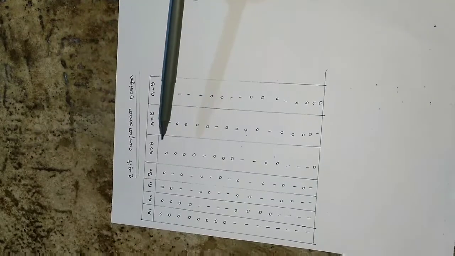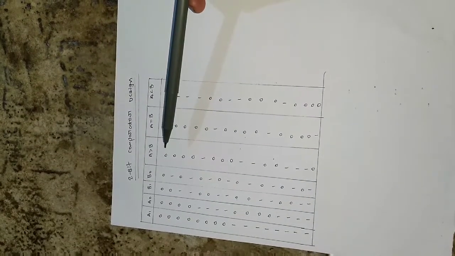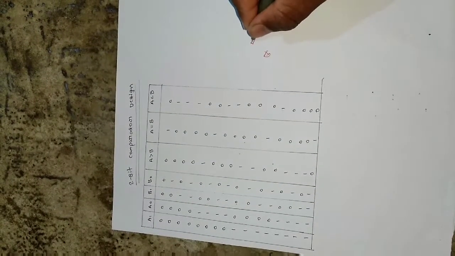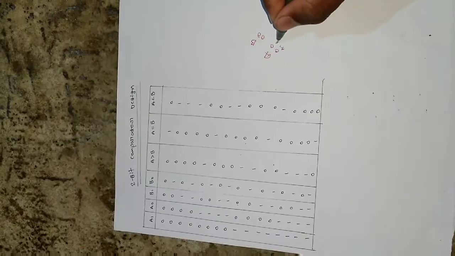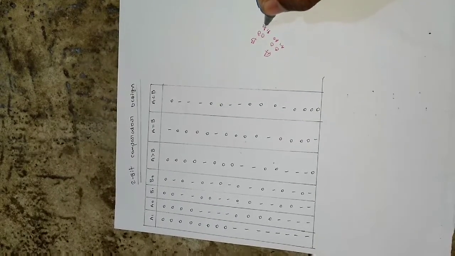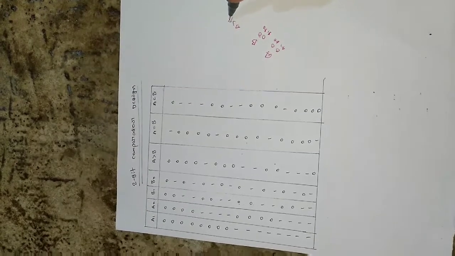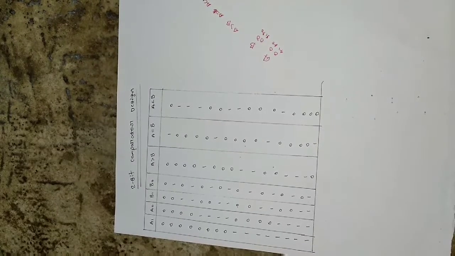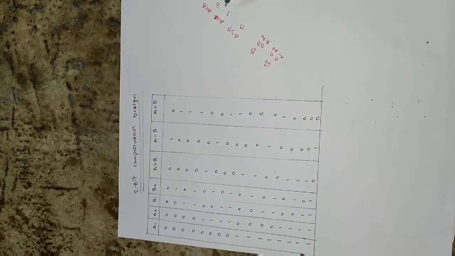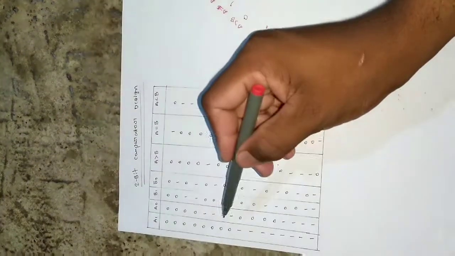At that moment A greater than B will be 0 because they are not greater. Let me explain here: this is 0 0, and this is also 0 0, that is A1 A0 and B1 B0. So the outputs are A greater than B, A equal to B, then A less than B. Here they are 0 0, so they are not greater, but they are equal, which means it will be 1 and this will be 0. Let me take another example.